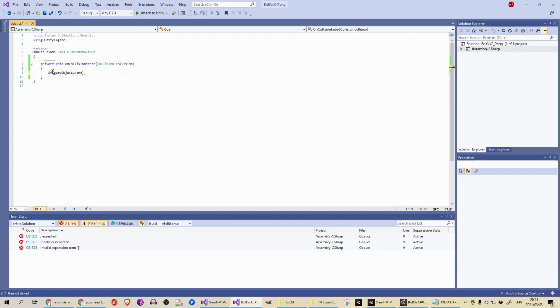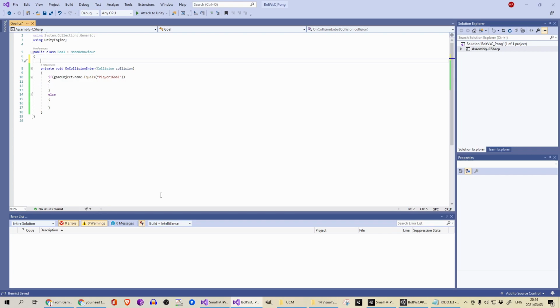Game object name dot equals player 1 goal. Remember, we're using the script on both goals, so we need to see which one we are actually dealing with before we can decide what to do, and else. So I like just filling out my outline of my if and else first, and in here I'm going to